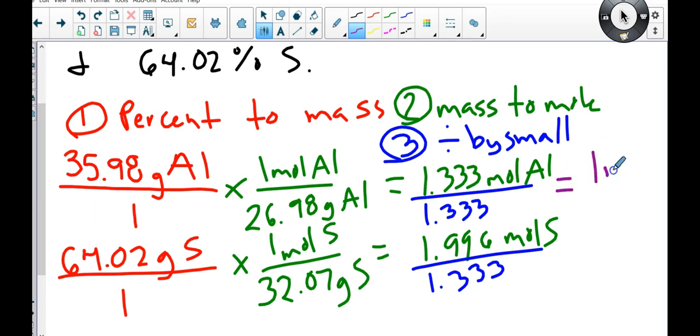So this is going to give me 1 mole of aluminum, and this is going to give me